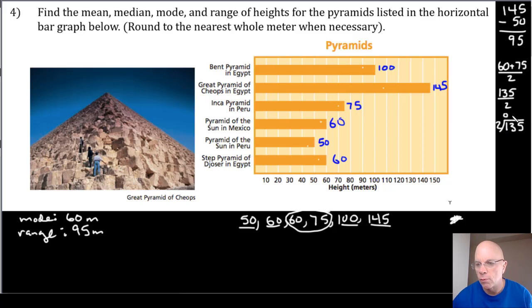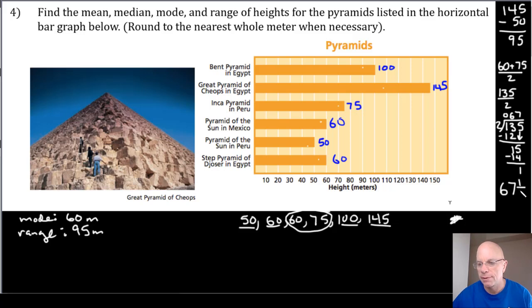There are 0 2s in 1. There are 6 2s in 13 because 6 times 2 is 12. Subtract, I get a difference of 1 and bring down this 5. There are 7 2s in 15 because 7 2s is 14. Subtract, I get a difference of 1, and so I know that this median is 67 and 1 over 2,